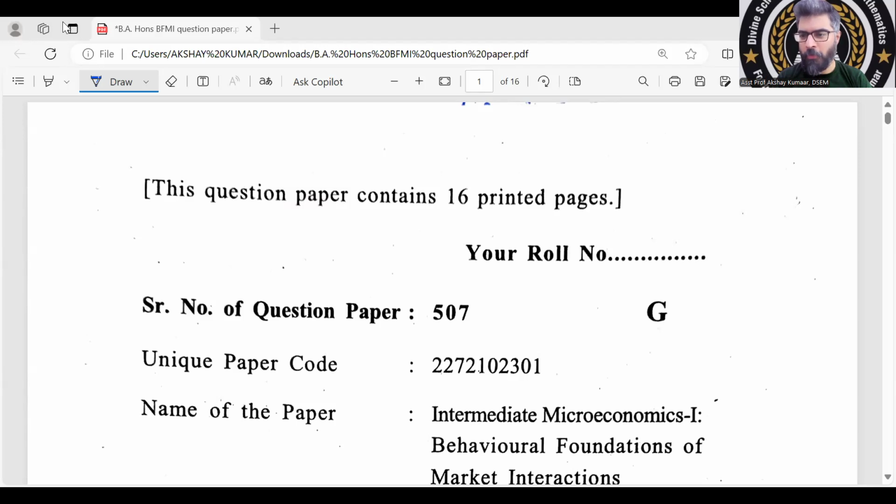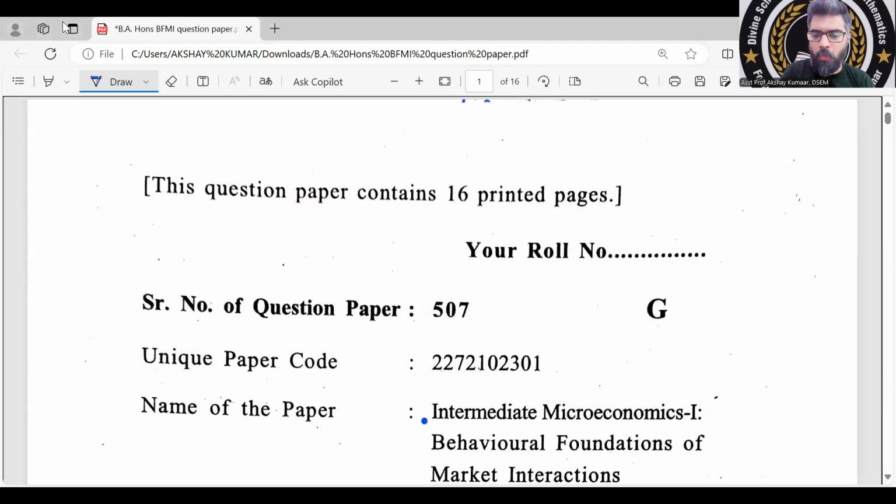Okay, I hope I'm audible to all my students who are attending this particular lecture for the Delhi University Intermediate Microeconomics Part 1 course. In this lecture, I'm going to start with the discussion of the 2023 question paper, which has come up at Delhi University for the Intermediate Microeconomics Part 1 course, which all students can currently see on your screens. Okay, so it contains questions based on the concept of consumer theory in particular, followed by producer